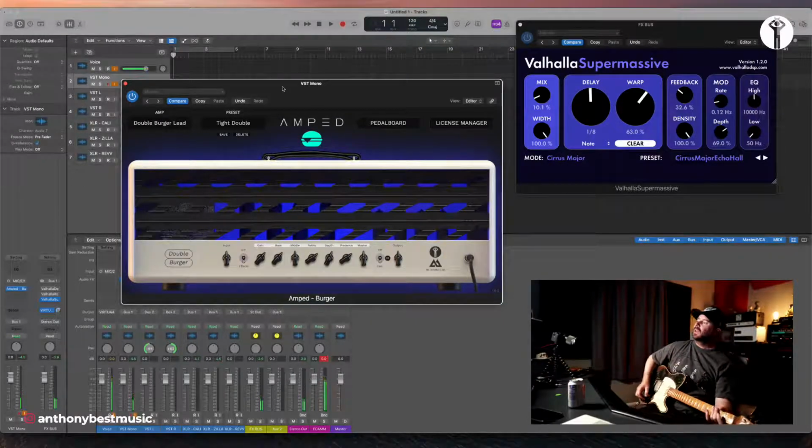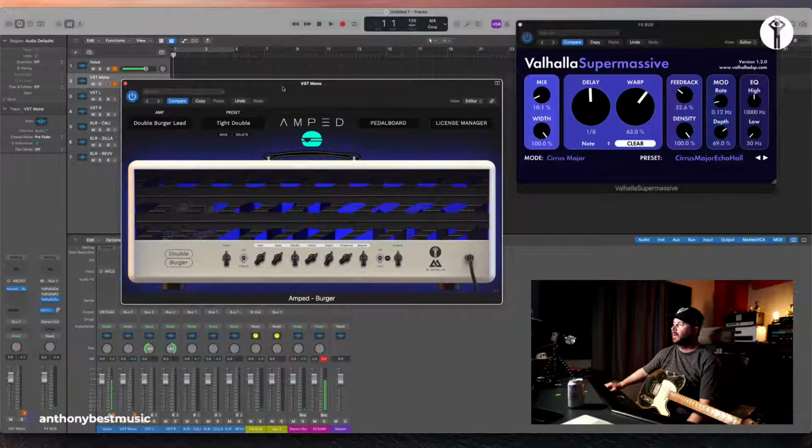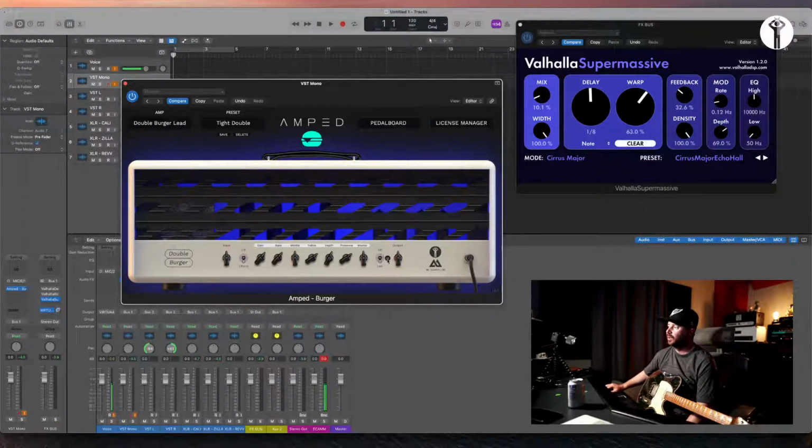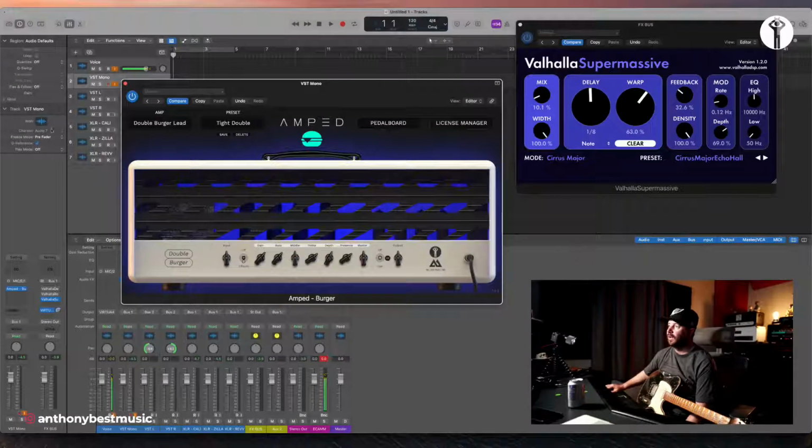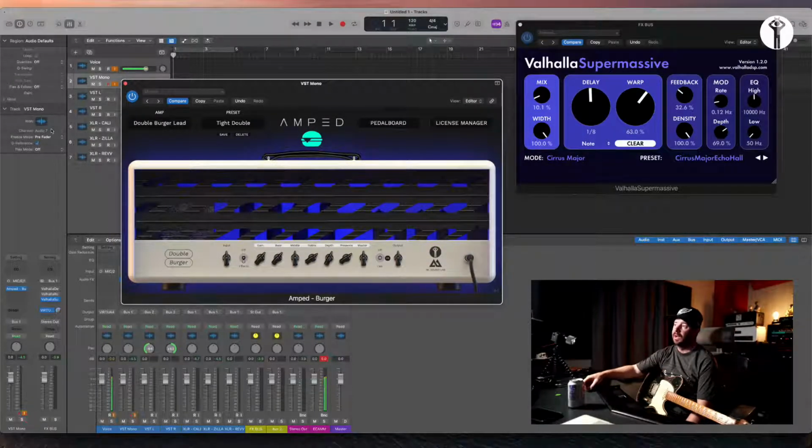All right, now with any of these plugins, there is a built-in cab simulation that you could then turn off and use something else if you wanted to. You also have an IR loader that's built in, and one of the cabs that I always go to is just the first mix in the ML Mega OS IR. So I have that loaded in, and yeah,